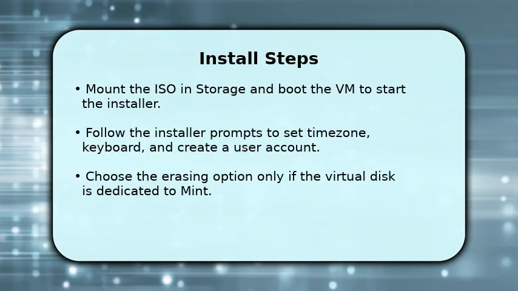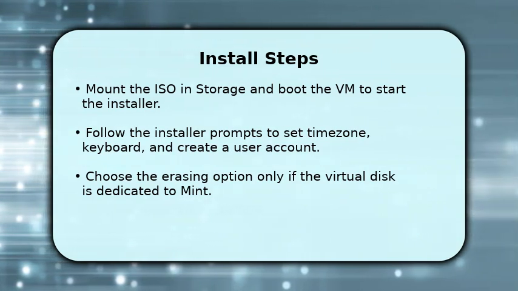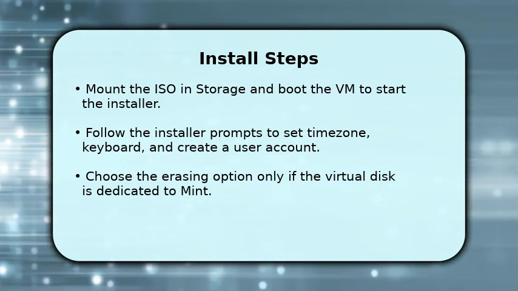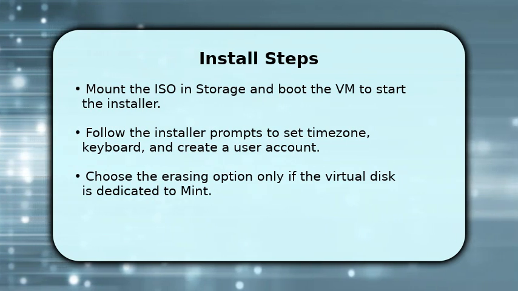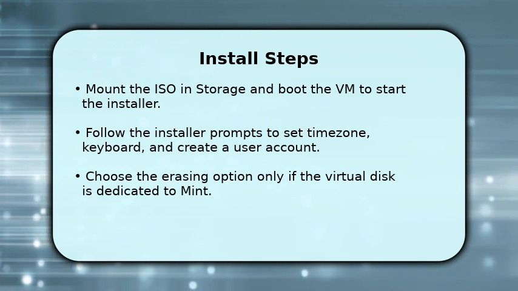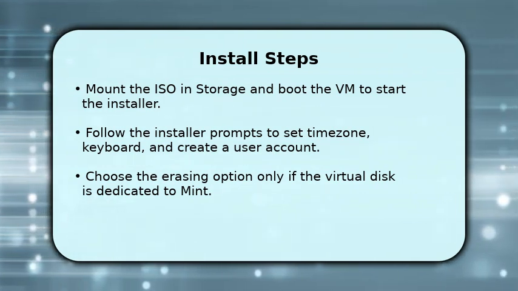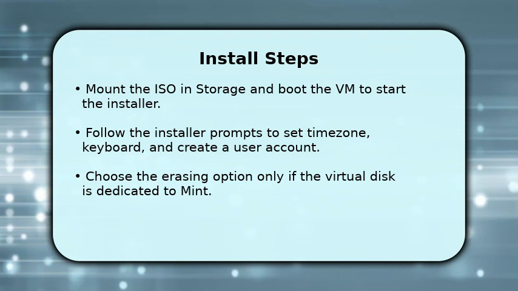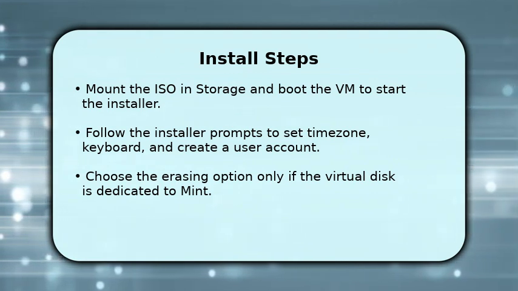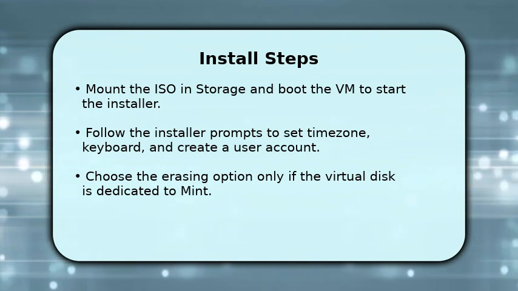Begin the installer inside the running virtual machine and choose your language, keyboard layout, and time zone, then create a username and password. When asked about installation type, pick the default option for a simple virtual disk install, unless you want custom partitions. Proceed through copying files and wait for installation to finish. Then reboot the VM and remove the ISO from the virtual drive so the machine boots into your fresh Linux